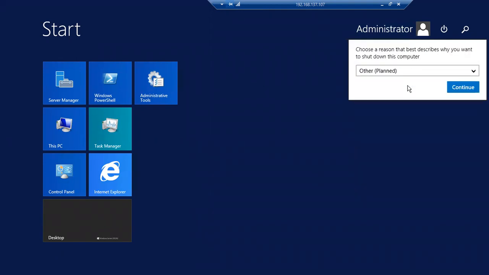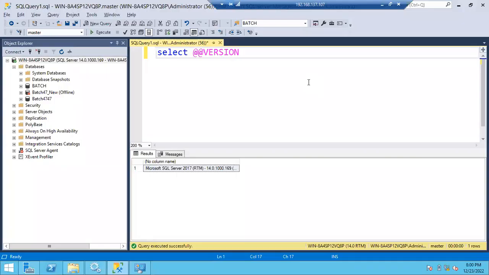You have to select any other planned, then you can continue. It will be restarted. Now I am not going to restart. Okay, so before and after patching, what you have to do, guys, you have to restart the Windows machine. Right, that is also one more check. Next,